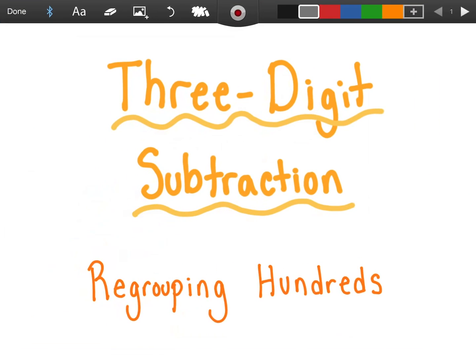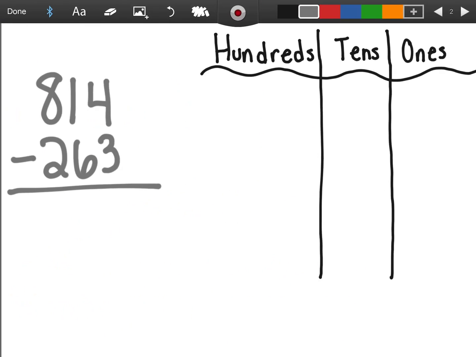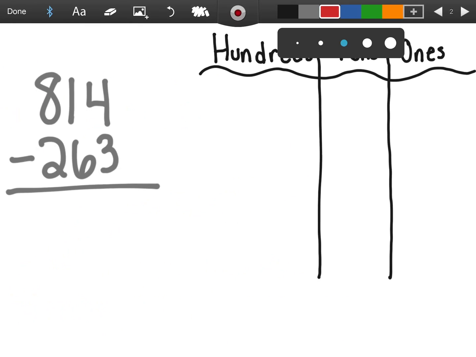Good morning, second grade. So today we're going to be learning about three-digit subtraction again, and today we're going to be focusing on regrouping in the hundreds. So let's start with this example together. We're always going to look at this top number, and we're going to try and draw it over here in